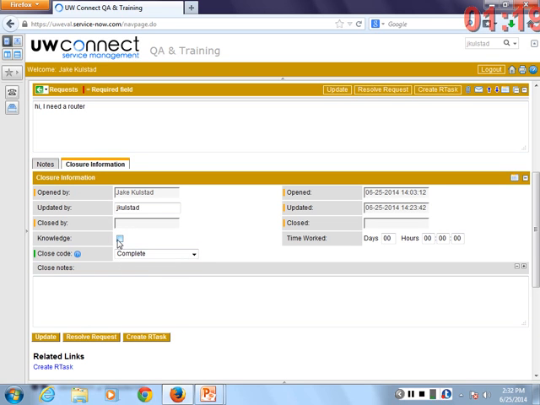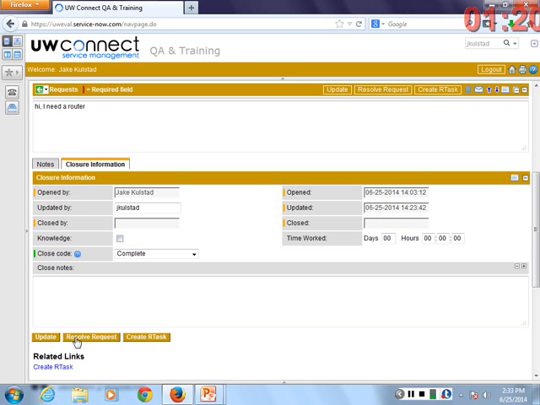And while we're on this tab, I'll just point out the Knowledge button. If you click on knowledge, after the record's actually closed, after 3 business days and it becomes closed, the content of this record is going to be put into the knowledge workflow. And once approved, it can be edited and actually published as knowledge to use in the future. So if you spent a long time on this particular customer response, you can make this available as future knowledge for other people to use. That make sense? So that checkbox puts it into the knowledge workflow.